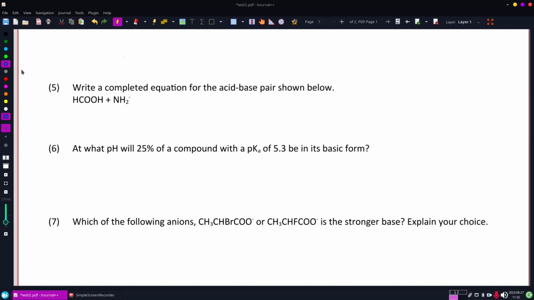All right, looking at number 5 here. Turns out we have two acceptable answers to this one, and that's mainly because both of these could act like an acid. The reason I say they could is they both have hydrogens. So I'm going to draw on the top one, I'll have the first species act like an acid. Therefore, it turns into HCOO minus, and the NH2 negative gets the extra hydrogen, and we go up on our